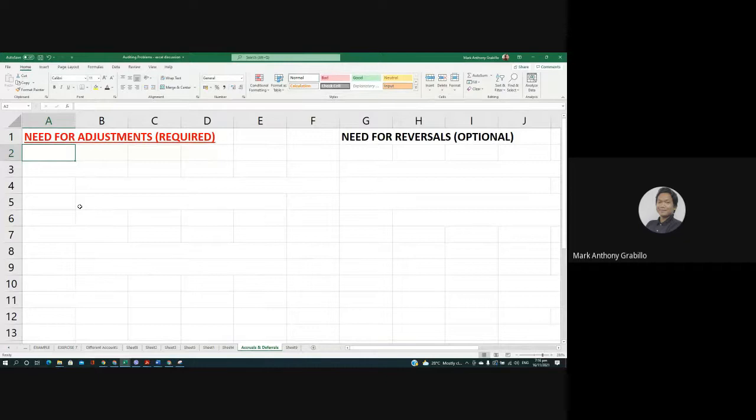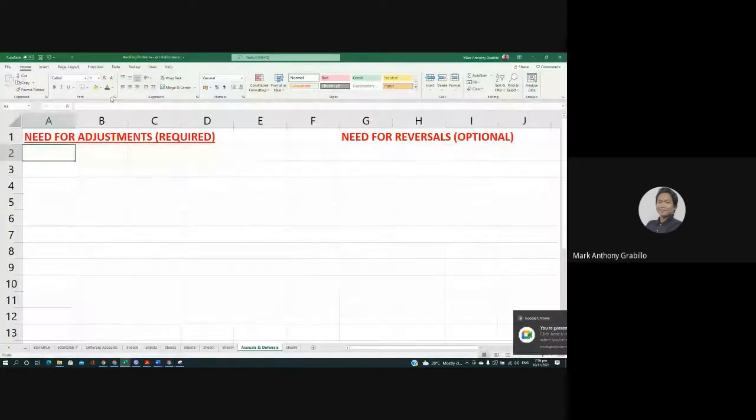Kailangan laging merong adjustment tayong ginagawa. We may also do reversing entries the following year, but that is optional. So ano yung mga required for adjusting entries? Sino-sino? Ano kaya yung mga ginagawa ng adjusting entries class? Anyone from the class? Yes,